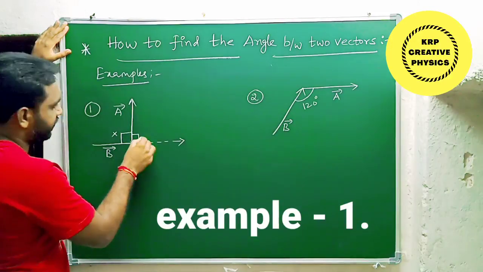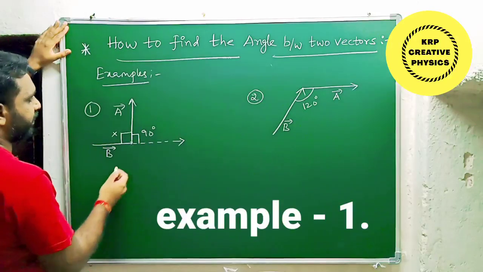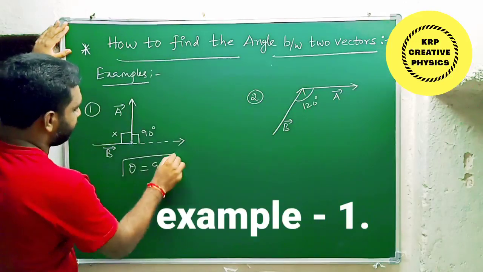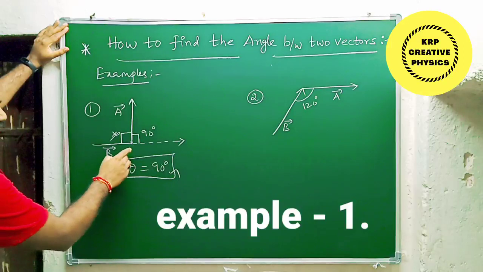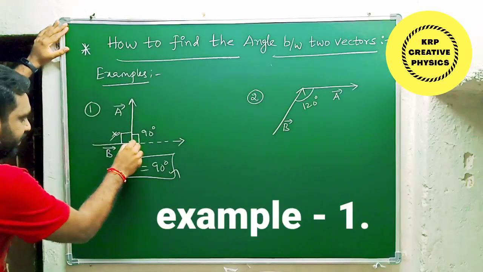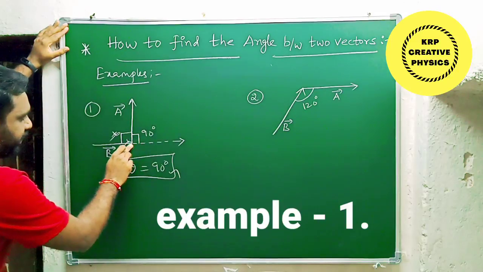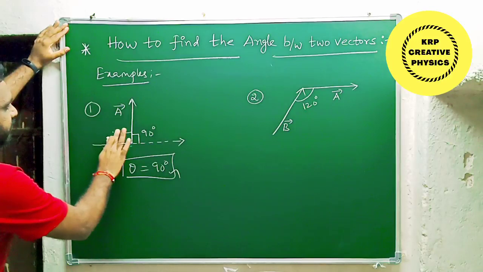So what is the angle here? 90 degrees. So the angle between vector A and vector B should be equal to how much here? 90 degrees. So this is the right answer. We should not consider this angle. Why? Because initially it is head to tail. So we should not consider this one. Only we need to consider the angle between tail to tail. Okay, all of you understand this one? Right. That is the solution.